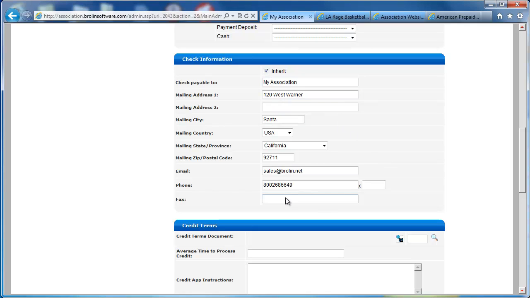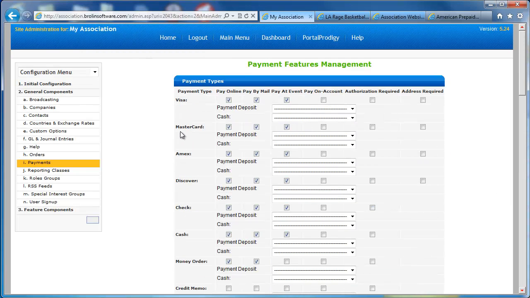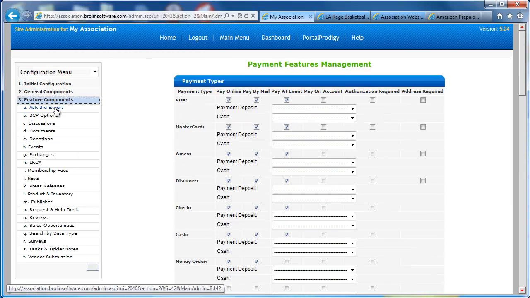Now if I want to override this, it's simple. Uncheck the inherit option and make my changes and save them. Let's check it back. So that's it for configuration. We simply go through and configure each option that we want. When we're done, we're ready to actually go back to our home page and then start entering our content. And we can do this from within the actual